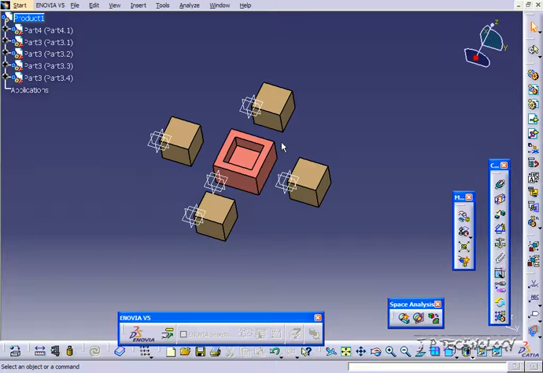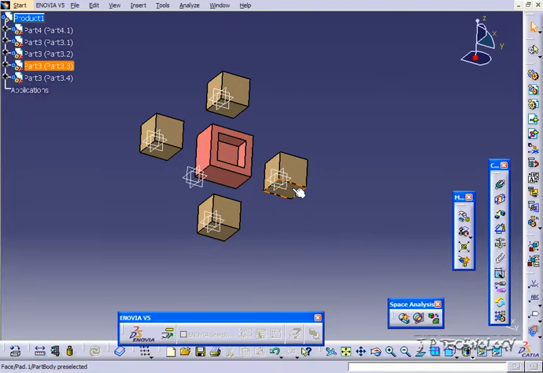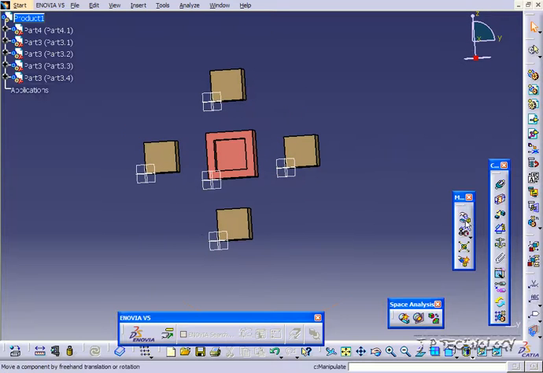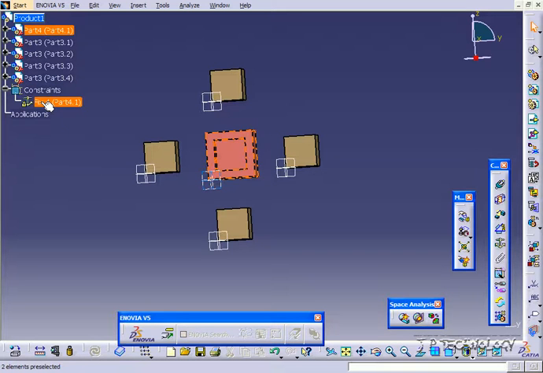So in the other examples, I was telling you that if you want to move this block, you'd have to click this block first, then this block to move. It doesn't matter the order after you fix it. So after you fix it, you can click this face first, and then this face, and then the brown block will move. So to fix a component, what we have to do is click Fix, click the component, and you can see in our tree under the constraints that we have a fix constraint